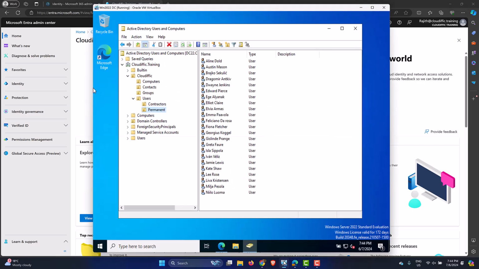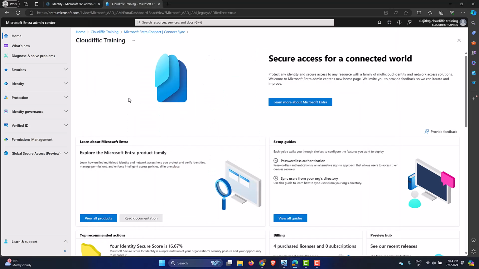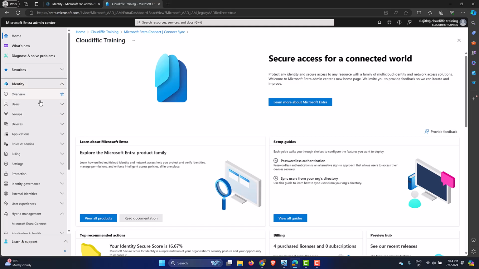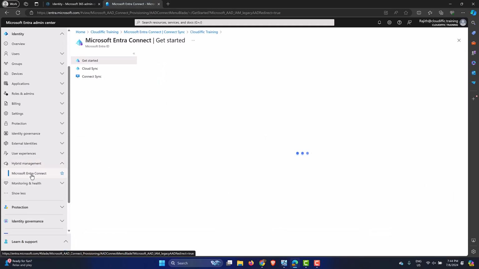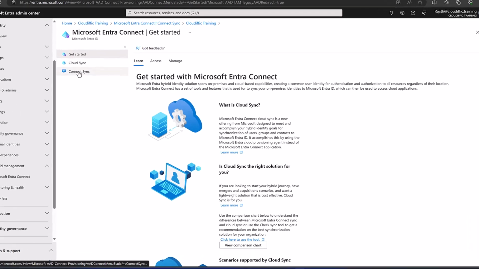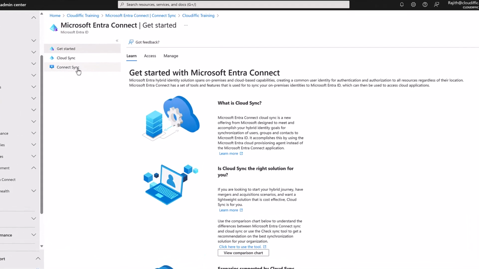So here we do have an on-premise AD world. We have a new tenant. If I go into my identity plane on the left-hand side, and go all the way down into hybrid management and expand that out, I have the option called Microsoft Entra Connect. We have two variations of this software. One is called Connect Sync, so Microsoft Entra Connect Sync, which is the on-prem solution, an application that we install on one of the servers on-premise,